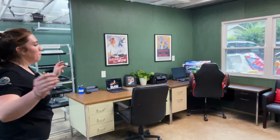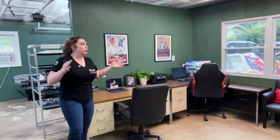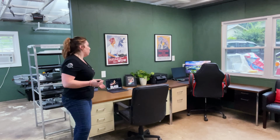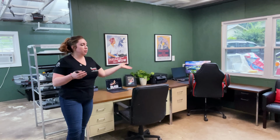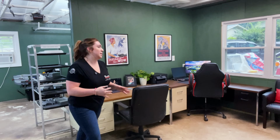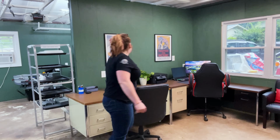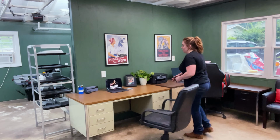So the biggest change up front here is, if you remember, we used to have a toolbox here and a desk. Well, we were finding out there just was not enough room for Kurtis and I to work here together. We were running into each other. If I needed to print a traveler or shipping labels, we were up in each other's space all the time. So what we did is we took everything out, and I went on Marketplace and I got these really